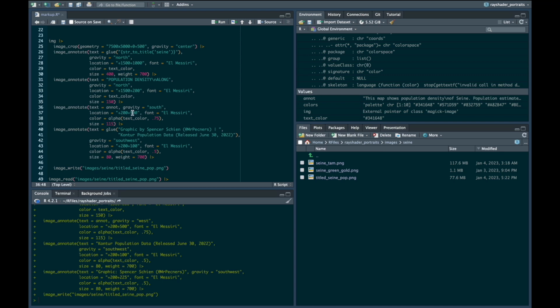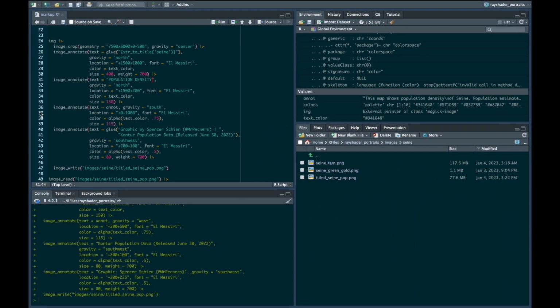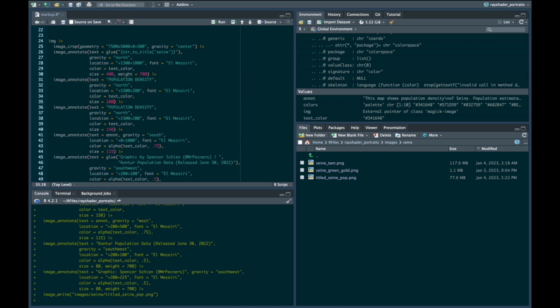This is probably going to want to go up more, so let's do 1,000. 0, let's see where that leaves us. This population density along, I want population density to be larger. So I'm going to make it 200, and then we can keep along